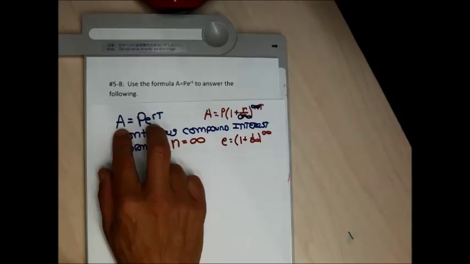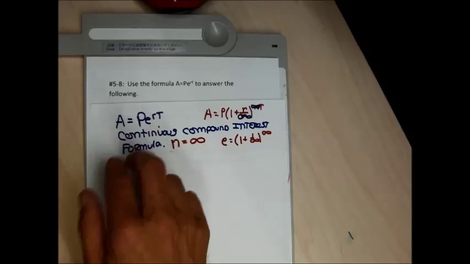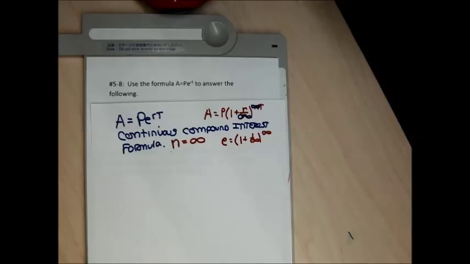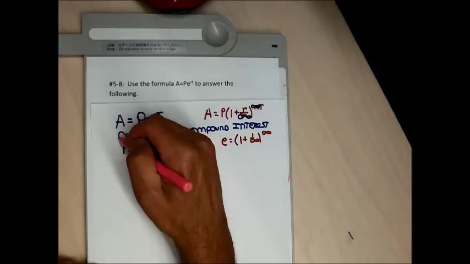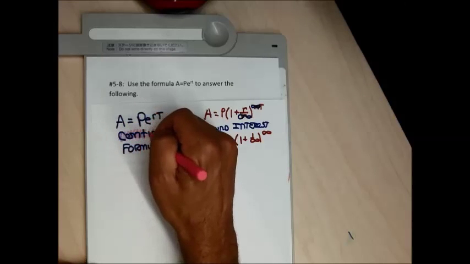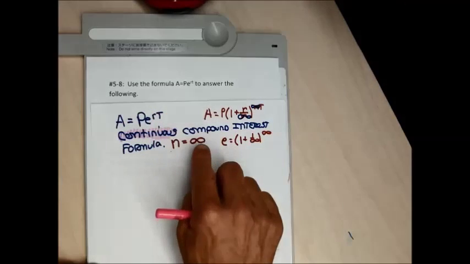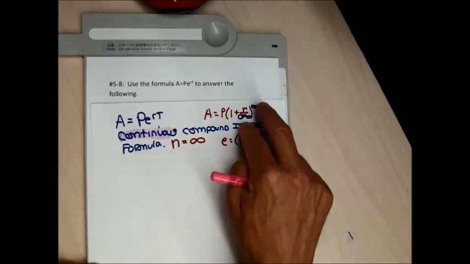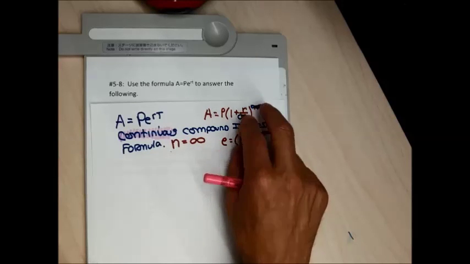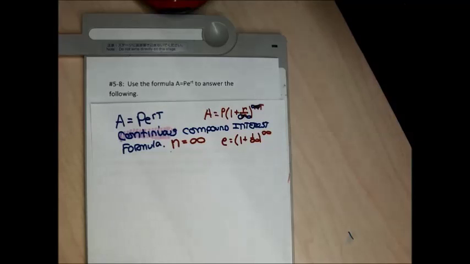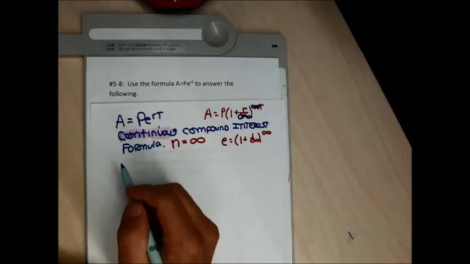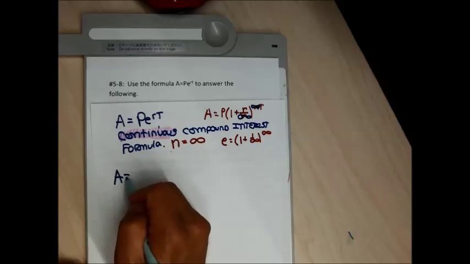It's used when interest is being paid continuously, which means more than every second of every year. It'll be real easy to tell when you need to use this formula. First of all, it's going to be given to you, and second of all, somewhere in the problem it's going to say the interest is being paid continuously, which implies the N is infinity, which means I can't use the other formula because I don't have an infinity button on my calculator. So in this formula, the A equals P e to the rT formula,